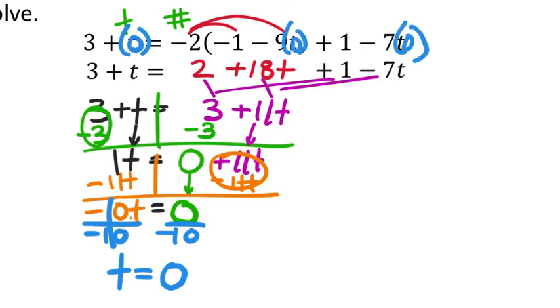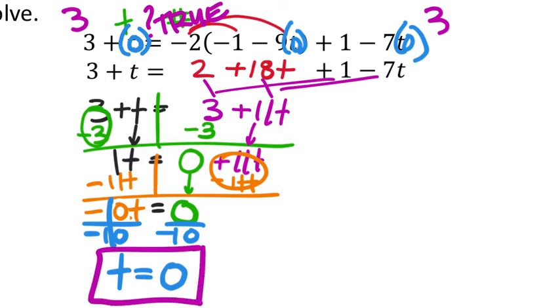And yeah, please let the calculator do that work for you. But there's my question mark. On the left side, I get 3, because 3 plus 0 is 3. I didn't even need to use a calculator for that, but if you did, that's fine. And then -2 times that parentheses, and then we're going to have +1, and then -7 times 0. Yeah, that's going to be 3 as well. So that gave us also a true statement, which means that t equals 0 is the actual solution